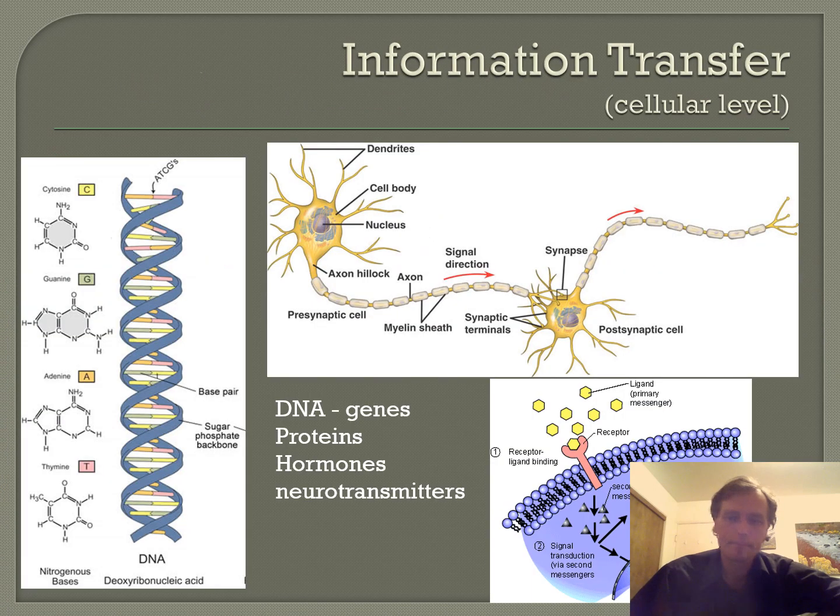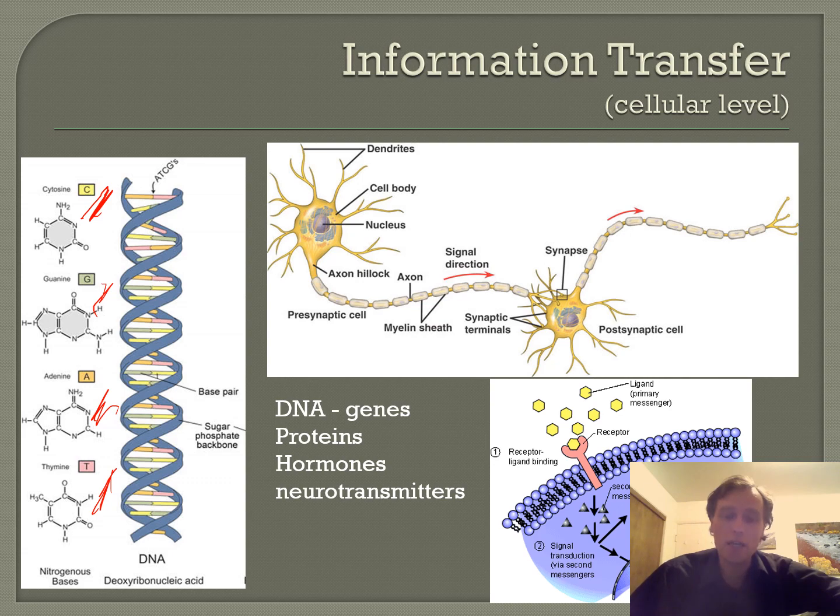Cute owl. Information transfer. Okay, so information in living things, all living things, whether it's a bacteria, a redwood, or a jellyfish, the information that they store is in their DNA. We'll come back to this in a later chapter. That information is held in C's, G's, A's, and T's. The alphabet of DNA is very, very small.